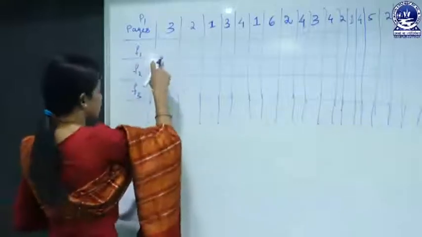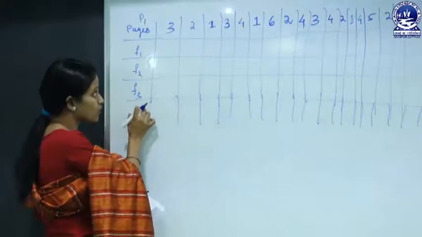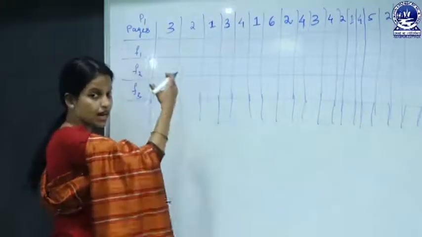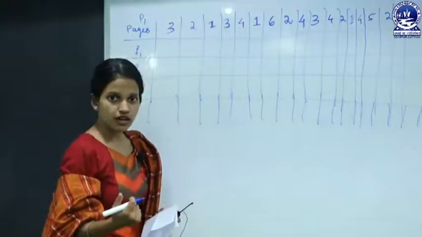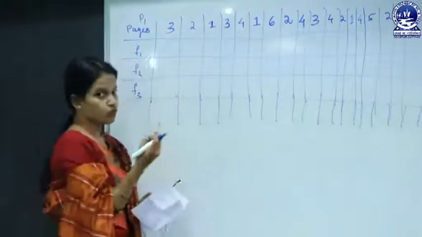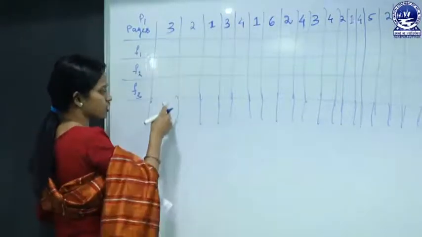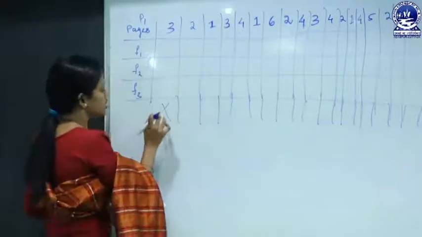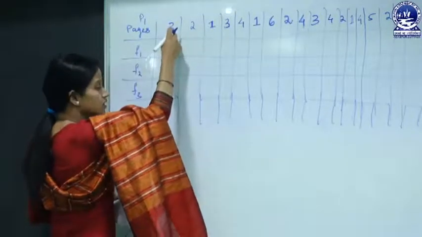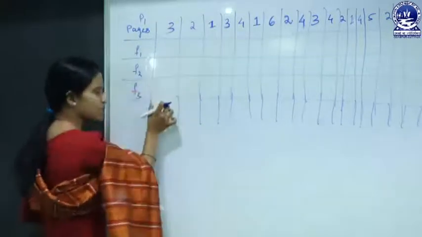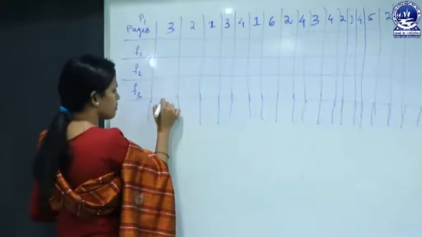So first, now the main memory is empty, and when the main memory requires some pages from the process and that page is not there in main memory, we can say that there is a page fault, and if there is a page fault, then we mark it as a miss. So the required page is not there in main memory. Okay, so now the first page is 3, so we put that page into the main memory. Now the main memory is empty, so we mark the miss.